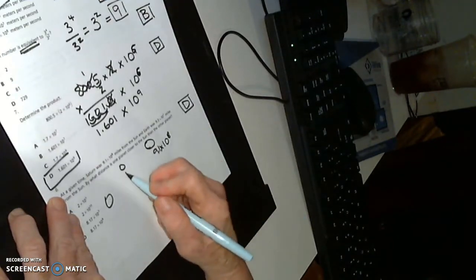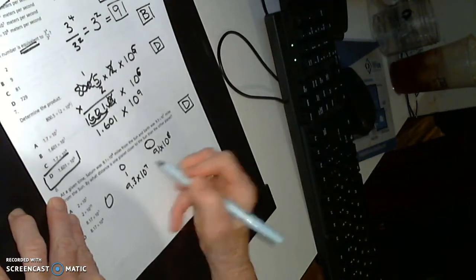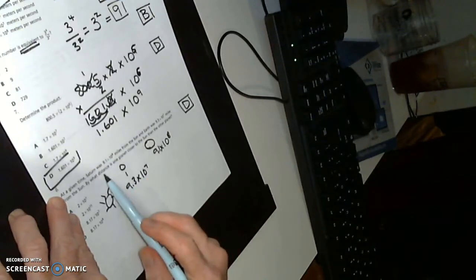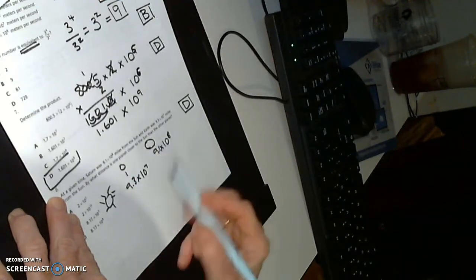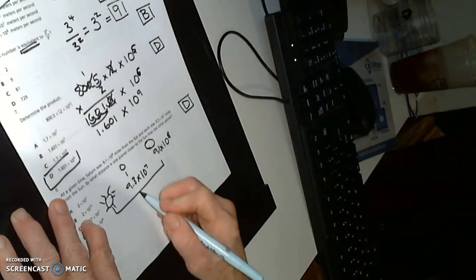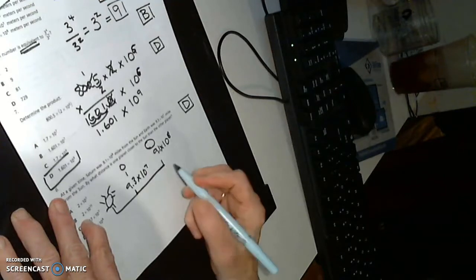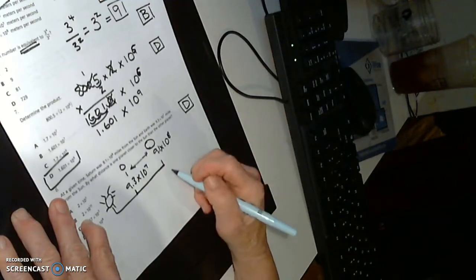And Earth is 9.3 times 10 to the 7th from the Sun. The question asks, by what distance is one planet closer to the Sun than the other planet? So here is Saturn out here, here is the Earth, and I'm looking for the difference between Saturn and the Earth. So I'm going to subtract